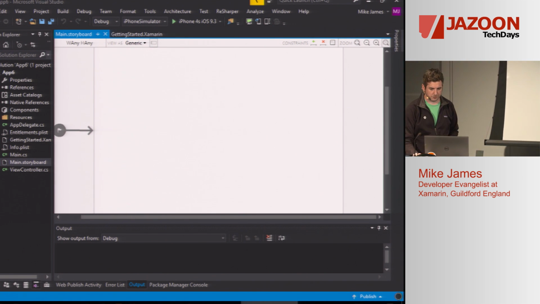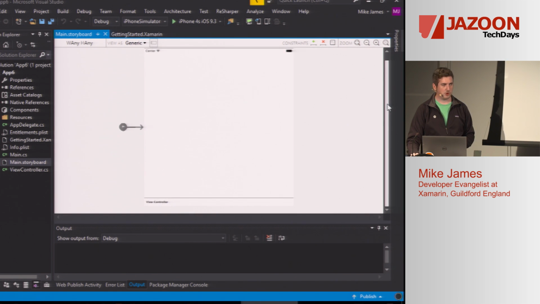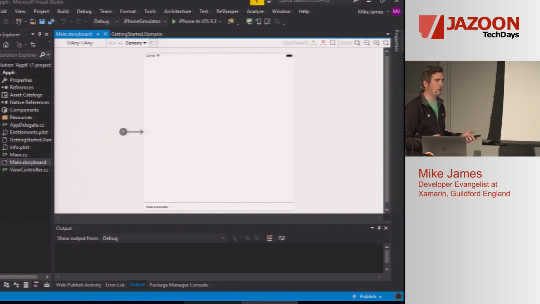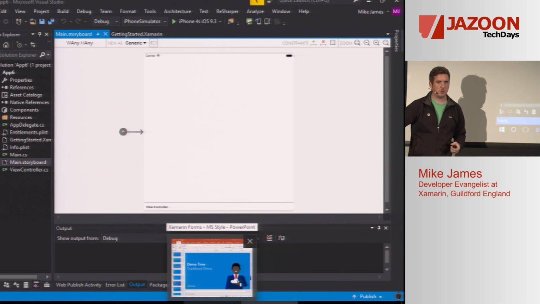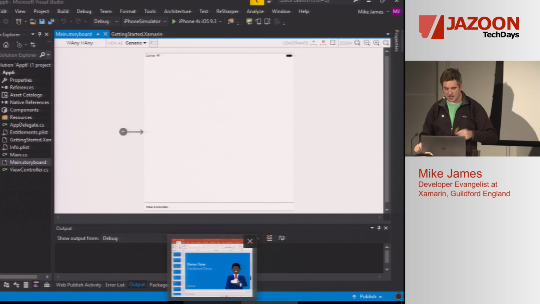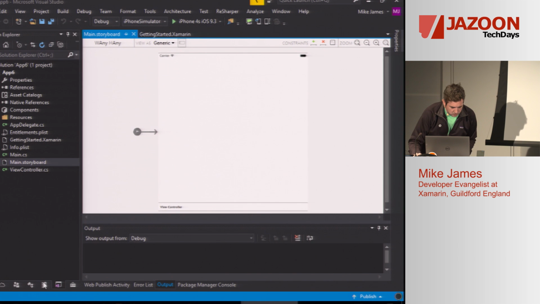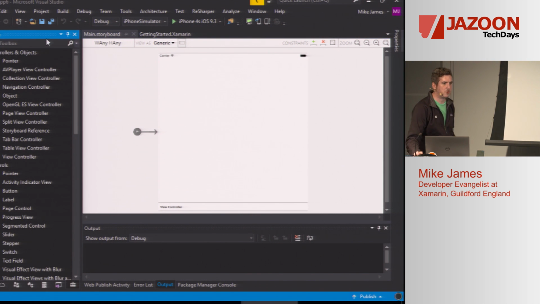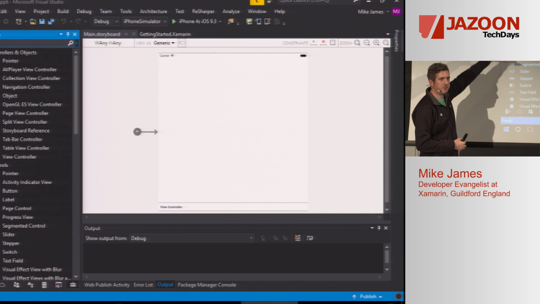Now, as I say, this is a pretty difficult resolution to show you things on, because the iPhone is much, much larger than this screen size that I'm presenting on. So we're going to have to zoom in and out a fair bit to get this to look good. So we'll go to the toolbox. We have every single control that the Objective-C and Swift developers have access to, and we can create custom controls.